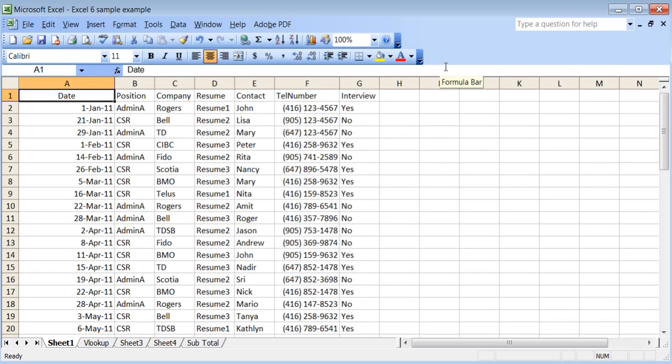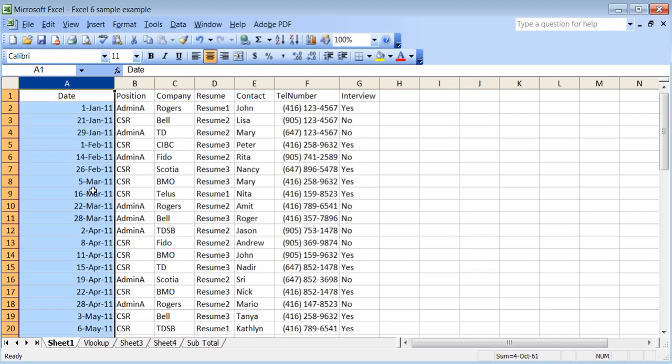The next thing I want to tell you about, there's a feature in Excel that you can do sorting. Sorting means you can put things in alphabetical order. So if I click on company and I use this A to Z button format,